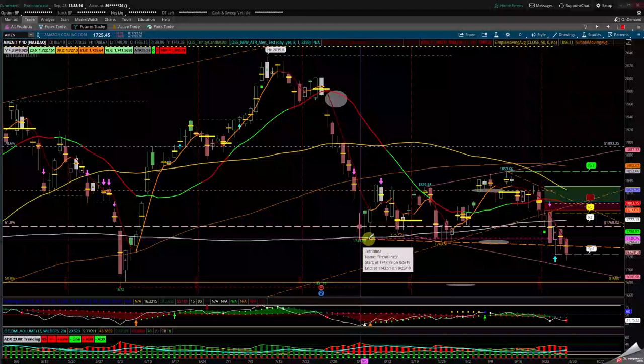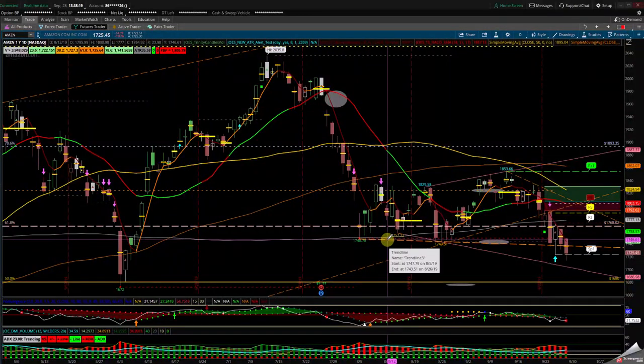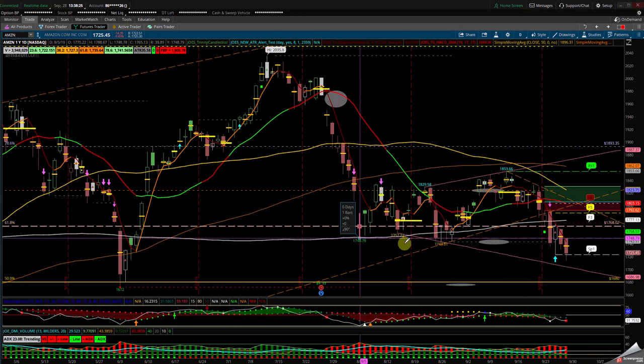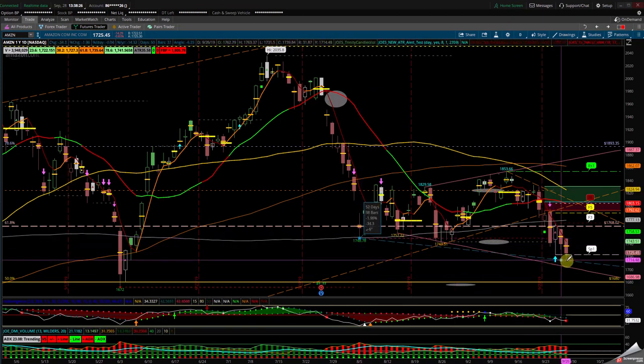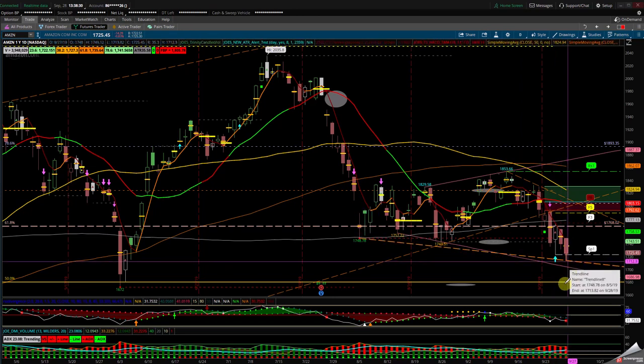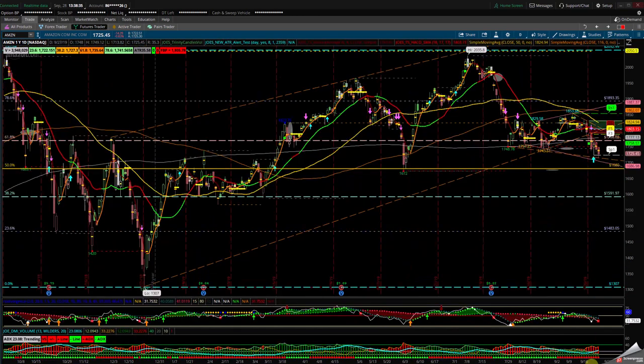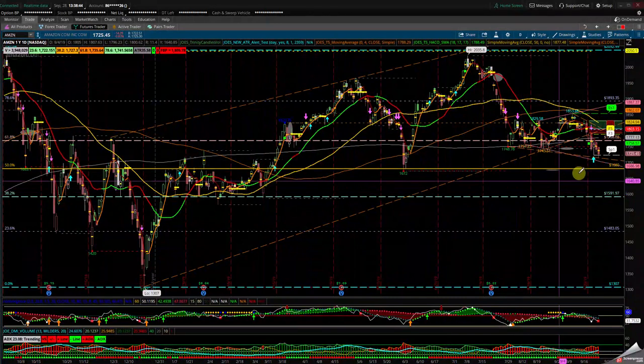But what I'm going to do is remove this channel here, which I drew last week. Remove it because we fell through it. And this is the candle we're going to grab, this one to this one. If this candle falls through, we're going to go back to my ADX DMI, the 1680, and I will show you why. This is my 50% fib in the consolidation of the prior high to the low in Amazon.